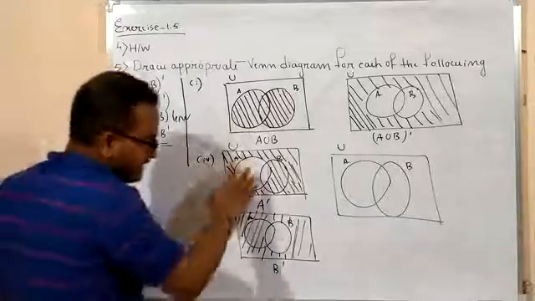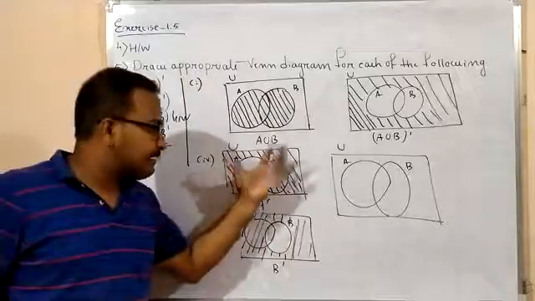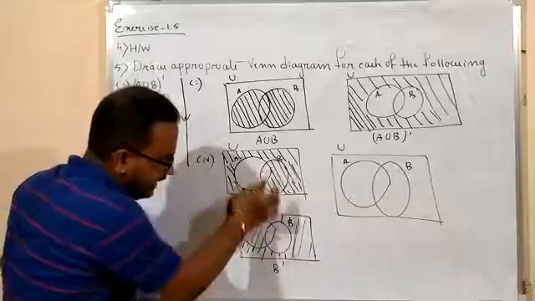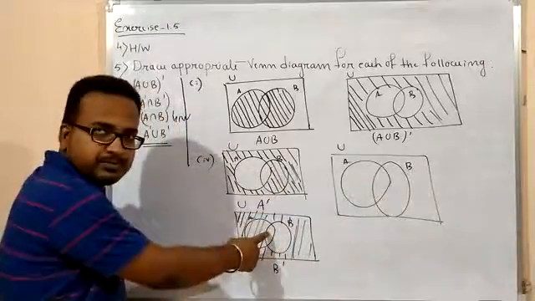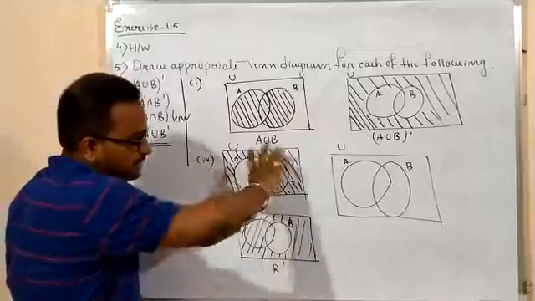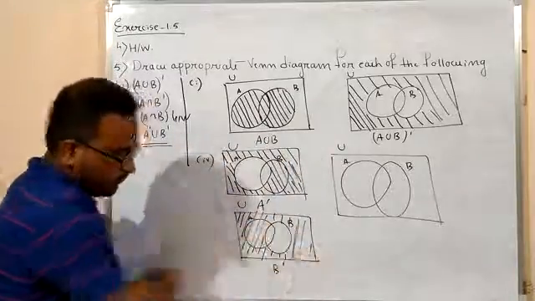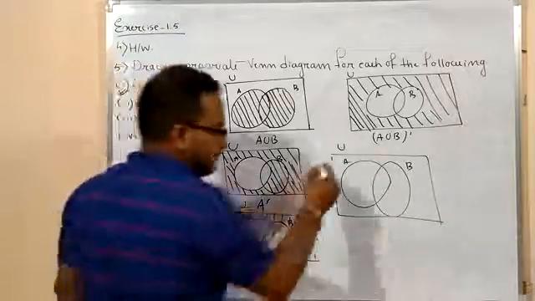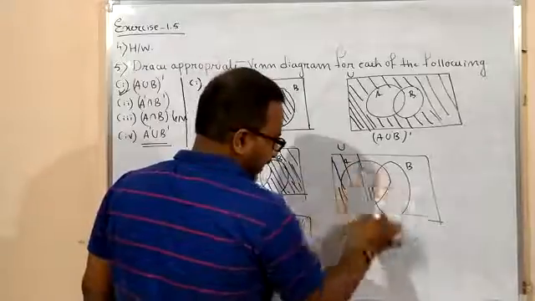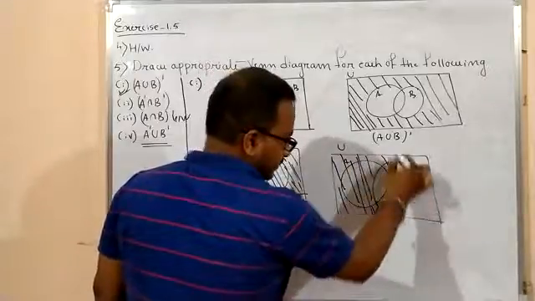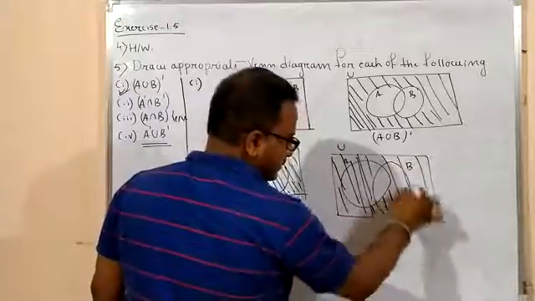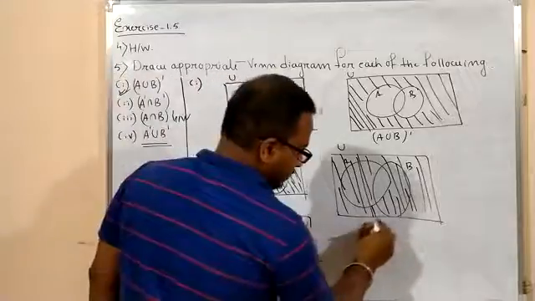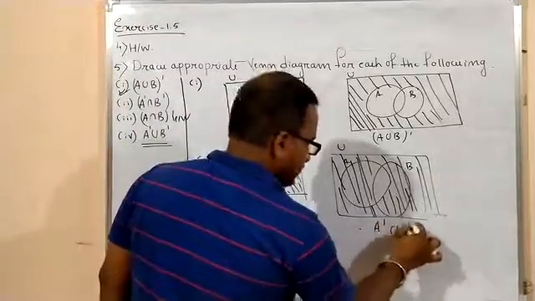You see, in this case, मतलब पहले A को छोड़ के बाकी सब, उसके बाद B को छोड़ के बाकी सब. मतलब ये वाला जो रीजन है, ये यहाँ पे भी शेडेड नहीं है, यहाँ पे भी शेडेड नहीं है, राइट? बाकी A को छोड़ के पूरा सब यहाँ पे शेड है और यहाँ पे B को छोड़ के पूरा शेड है. मतलब if you take the union, then इस पार्ट को आप शेडेड नहीं कर पाओगे. तो इसका रीजन क्या होगा? This one, entirely this one, right? But यहाँ पे आप शेड मत करो क्योंकि यहाँ पे भी ये खाली है, यहाँ पे भी खाली है. So therefore this is A complement union B complement.